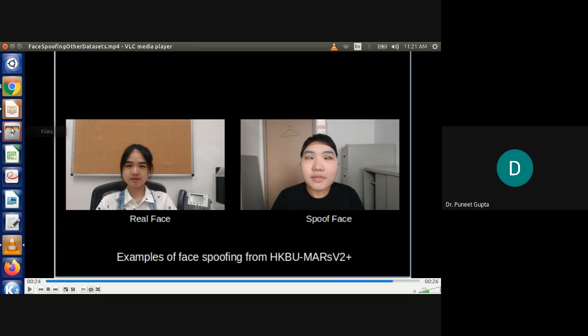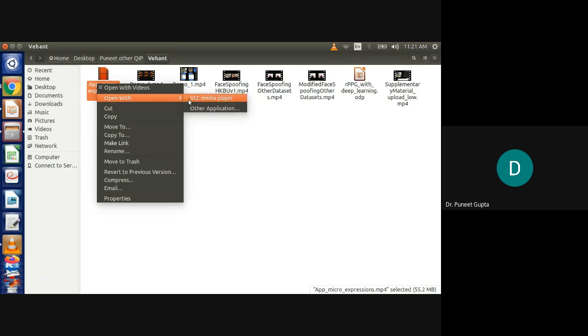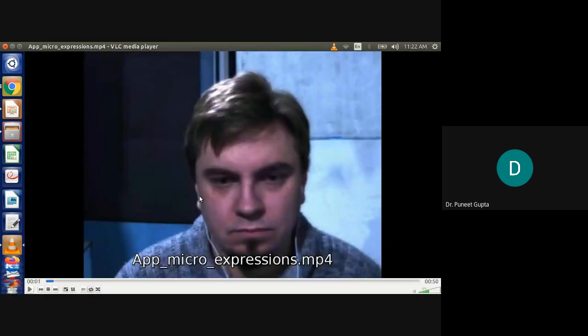Right. So that's why it's not that trivial a problem. Now let me also give you a demo of facial microexpressions, what they are. Usually expressions are perceived as either macro expressions or micro expressions. Macro expressions are what we are actually dealing with. We are pretty much used to that.